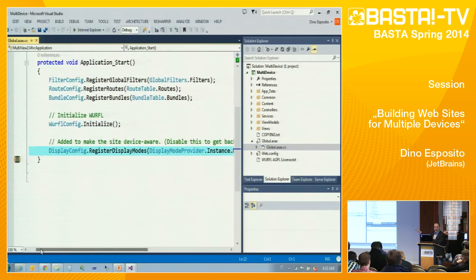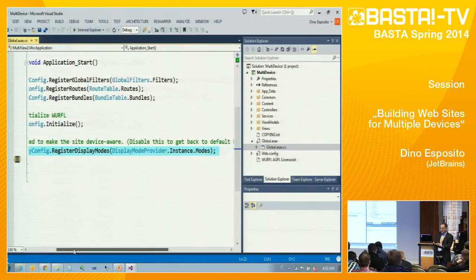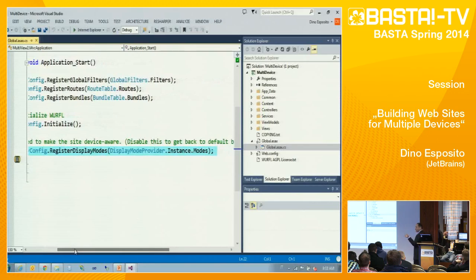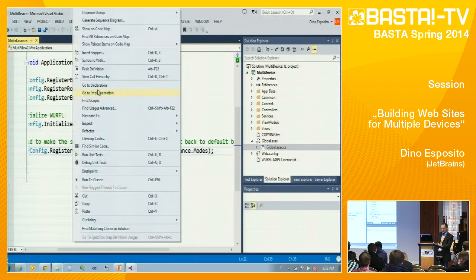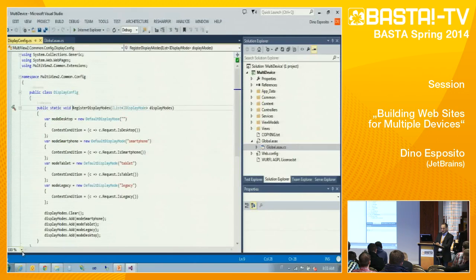DisplayConfig is my class. DisplayModeProvider.Instance.Modes is the internal MVC collection that takes note of the available display modes for the current site. So what I do here in this custom method, RegisterDisplayModes, is